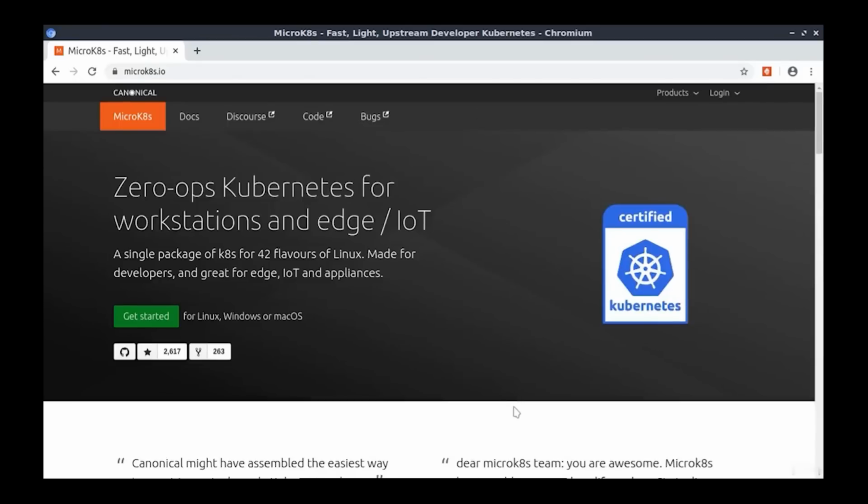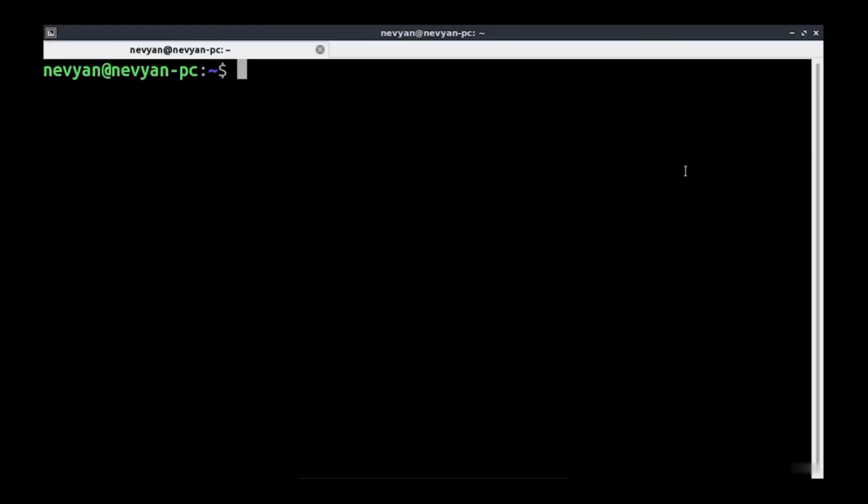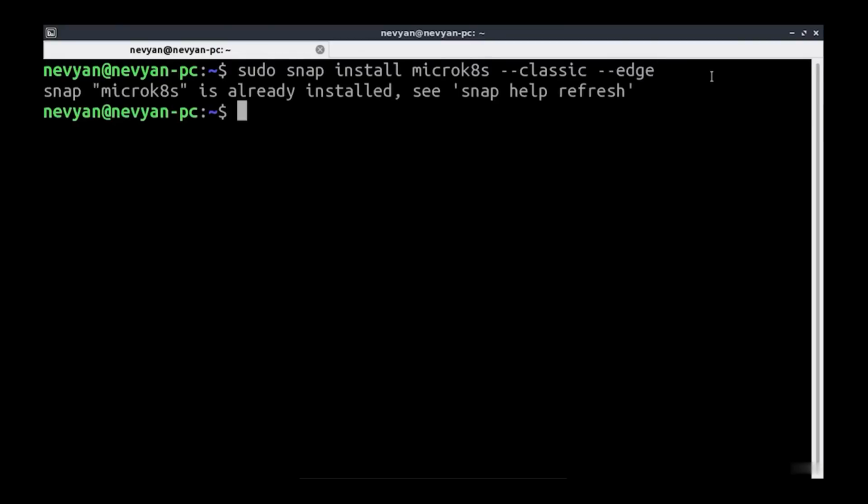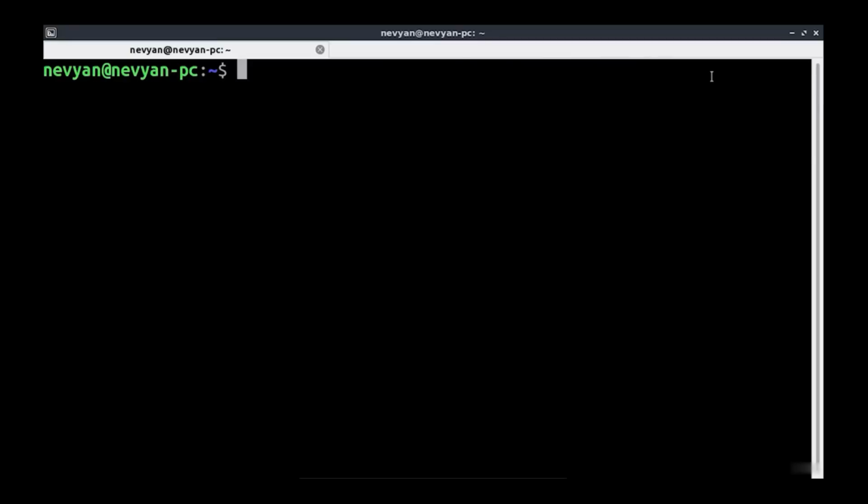It's distributed as a snap. So we can go to our terminal and we can use snap to install MicroK8s. We'll use the most recent version, and that's why we use this flag. And I have it here already installed. Once it's installed, we can launch MicroK8s by typing